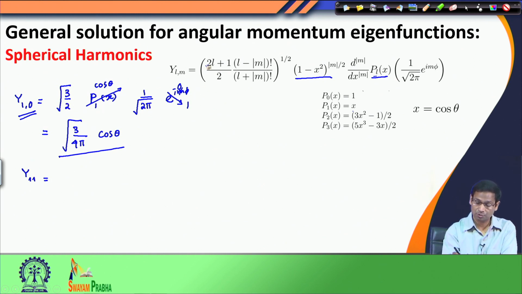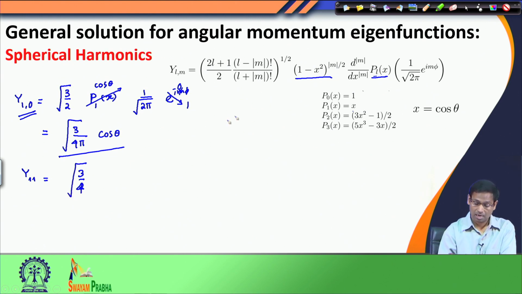So, L is 1, 2L plus 1 is 3 by 2, L is 1 and M is 1. So, therefore, mod of M is 1. So, 1 minus 1 is 0, factorial of 0 is 1, and 1 plus 1 is 2. So, that is factorial of 2. So, therefore, I am left with 2 3 by 4